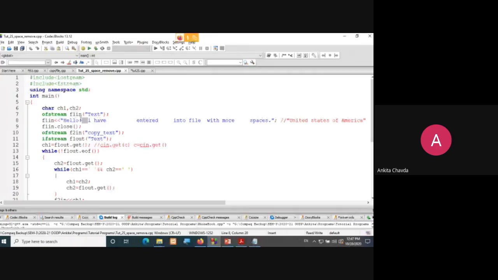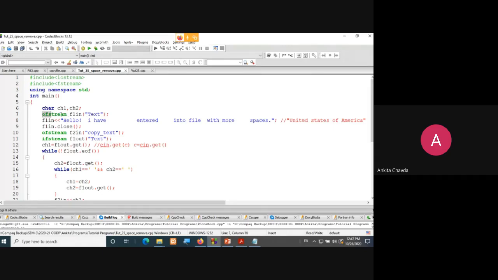I'll read the very first character in CH1, the second in CH2, and check whether both consecutive characters are spaces. If so, then I simply have to put only one space, not two. So I'll show you what kind of logic I've applied.